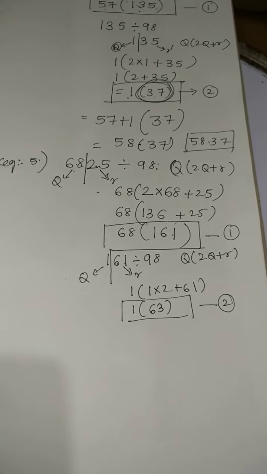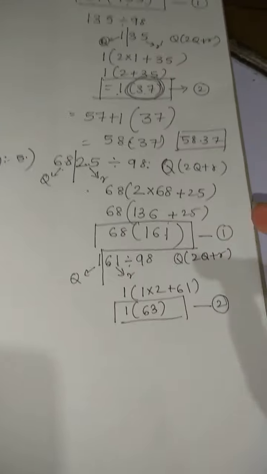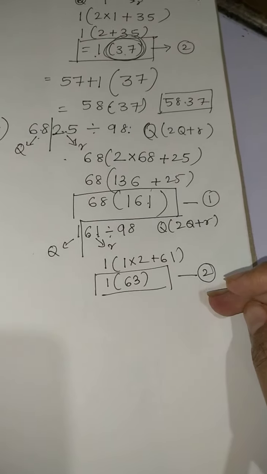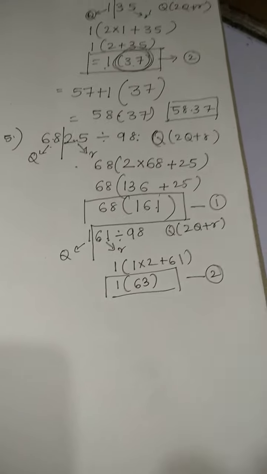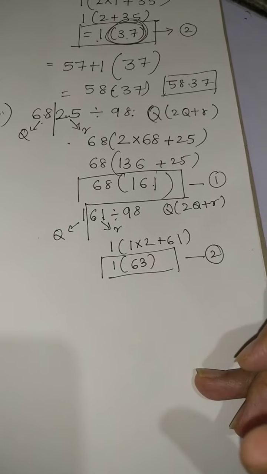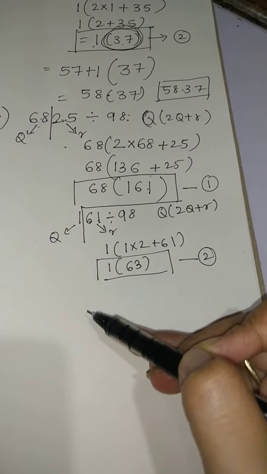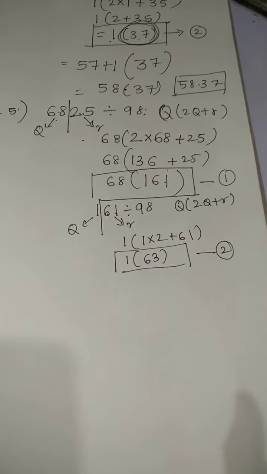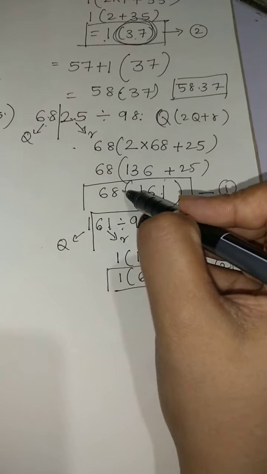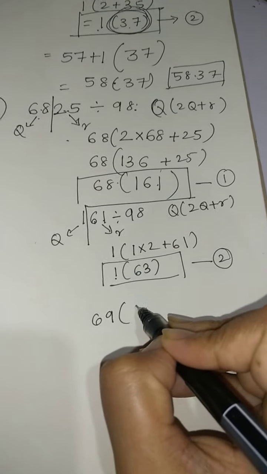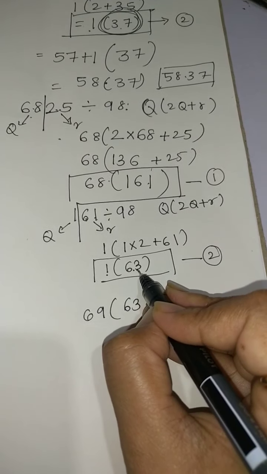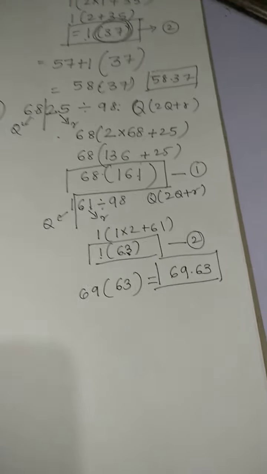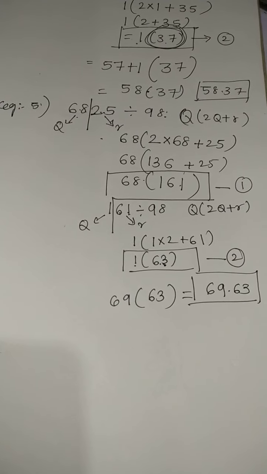Now what did I tell you all? We need only one answer. So you all will merge. See, sometimes it's not necessary you all will get only two answers. You all might get 3 answers, 4 answers also. In all those cases where you all have 3 or 4 answers also, you are just going to add the quotient of all the answers and remainder will be of your last answer. Okay. So I'm going to add 68 plus 1, that is 69 bracket, and I'll take the remainder of the last answer. So my answer is 69.63. Okay. Am I clear to everybody?